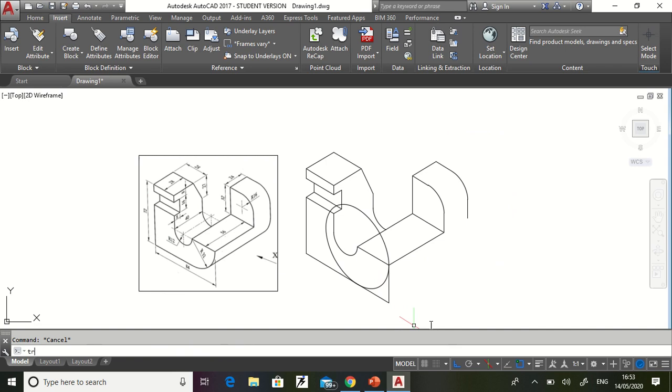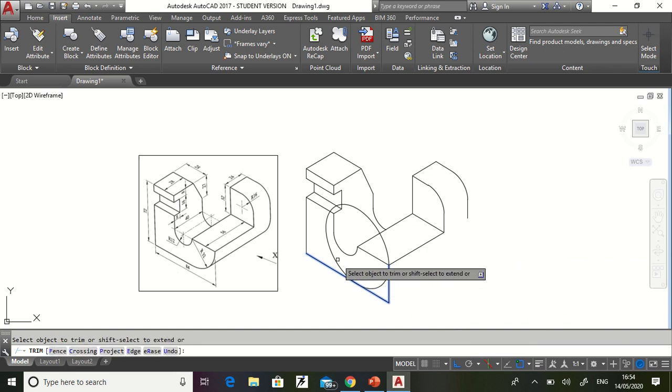So trim up to which line? Yes, TR, single enter, up to this line. TR up to this and this.